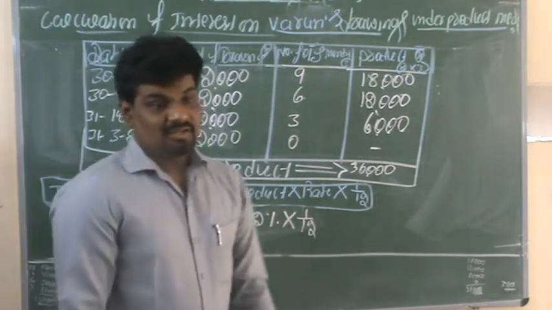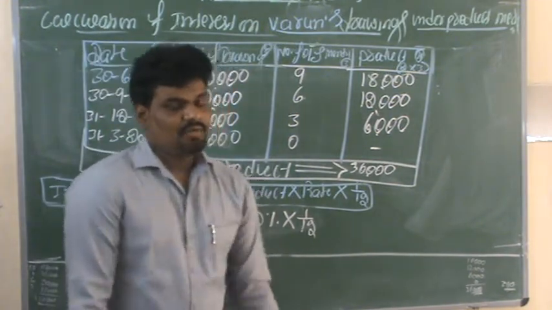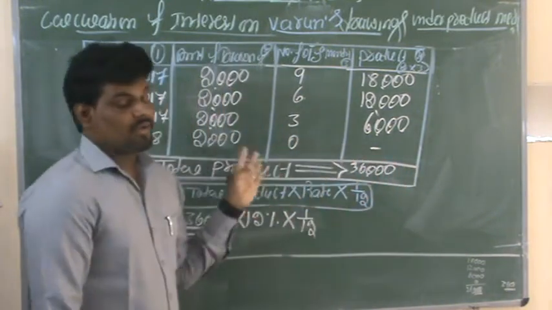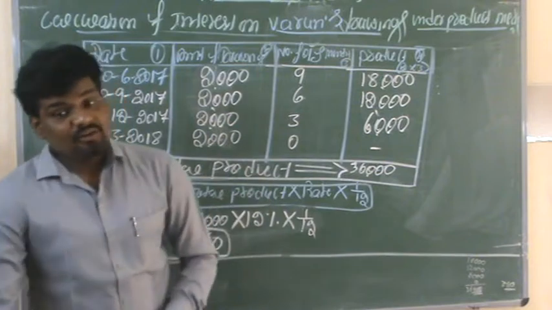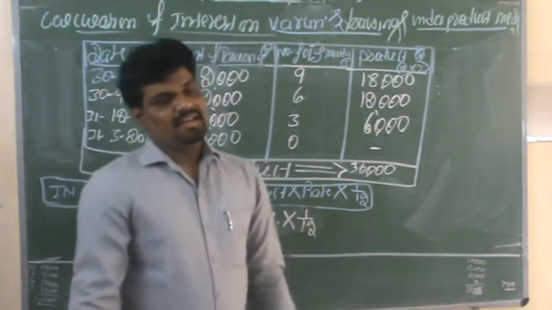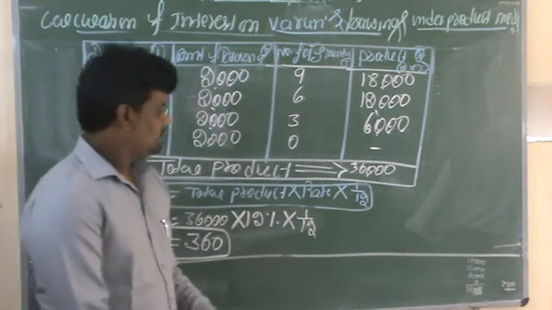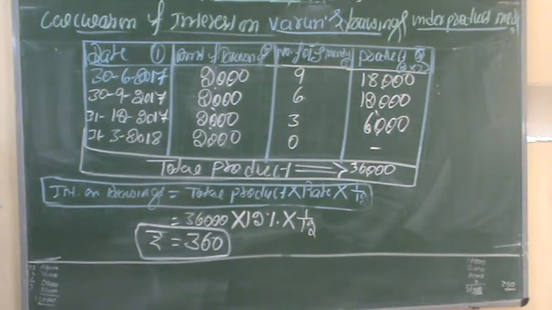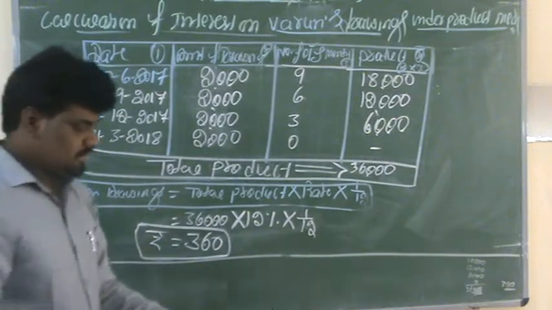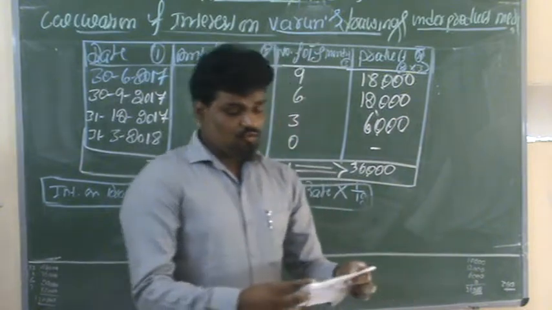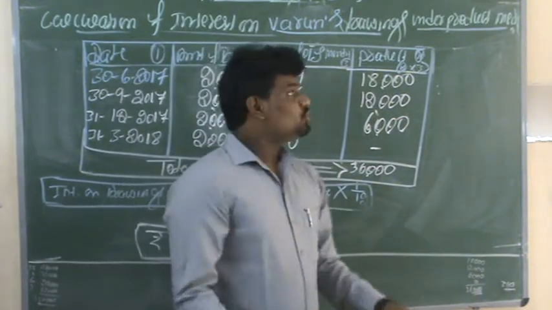So in this session we have already discussed when the partner is withdrawing at the beginning of each quarter, and the same when the partner is withdrawing at the end of each quarter. In this method we discussed the beginning as well as the end of each quarter. So actually we are discussing different methods of problems. But now we will discuss on the basis of 2020.